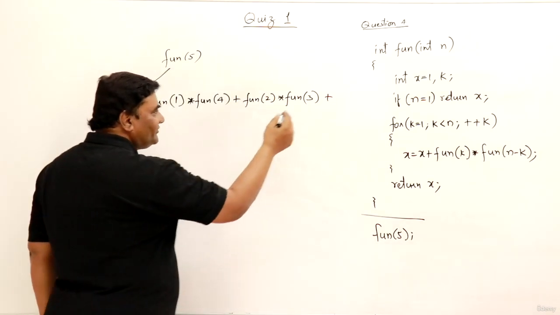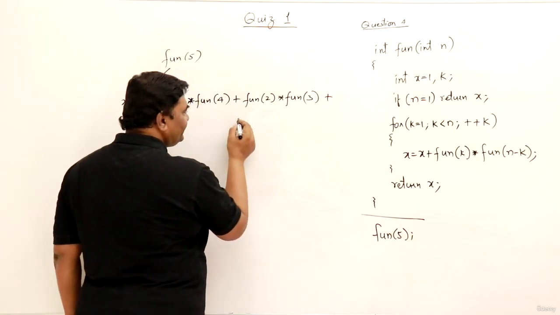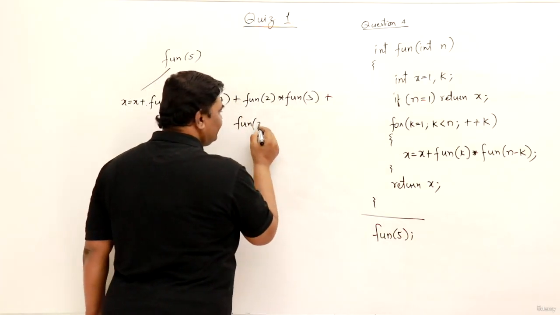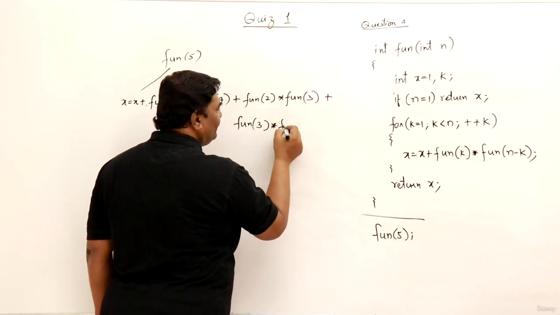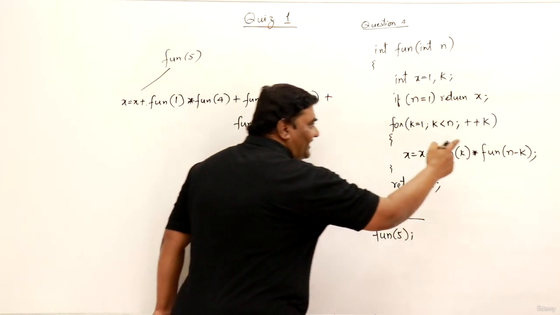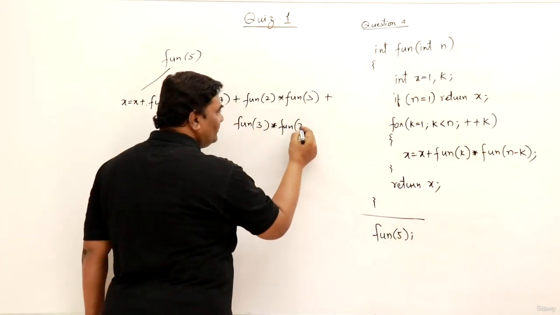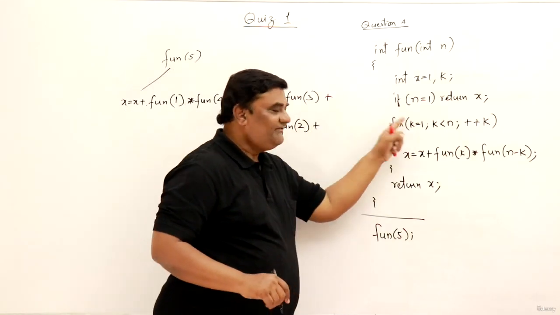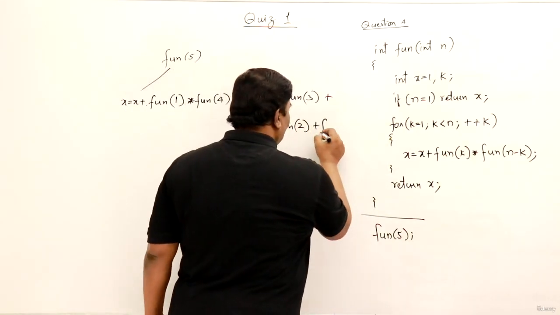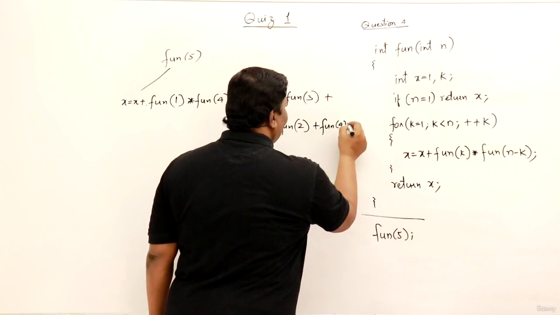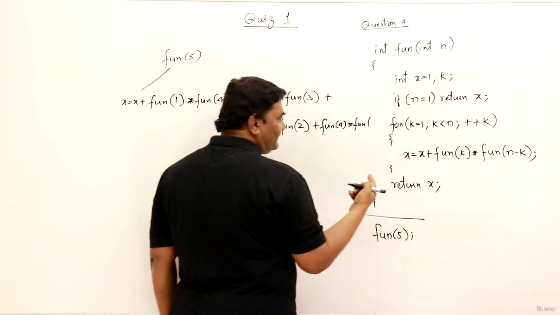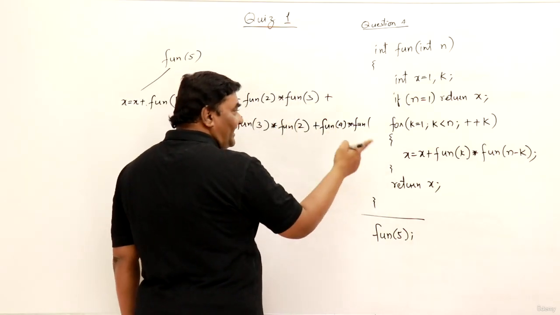So fun of k will be what? 3. So this is 3 into fun of 5 minus 3, which is 2. Then plus one more time. Now this time k will be 4. So fun of 4 into fun of n minus k, that is 5 minus 4,